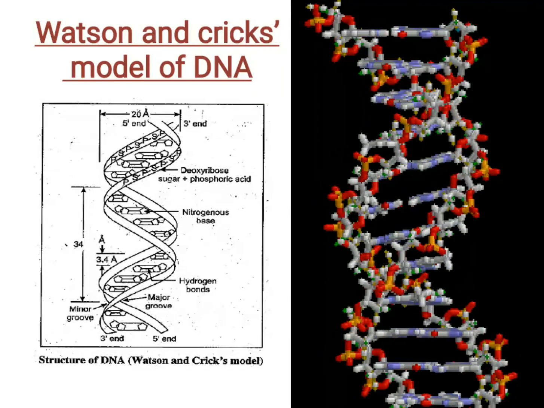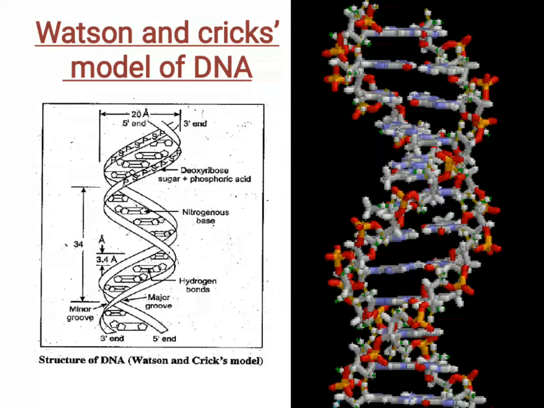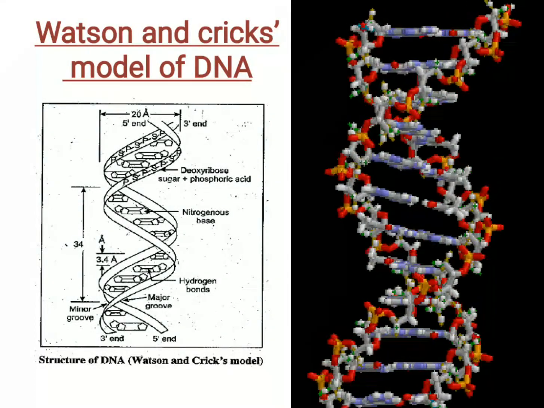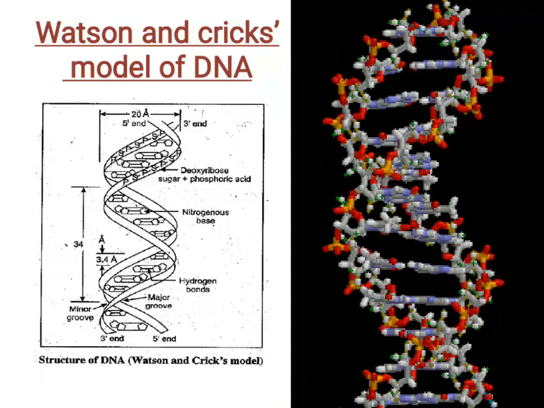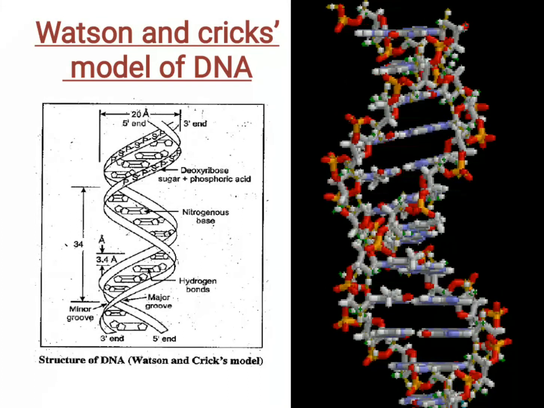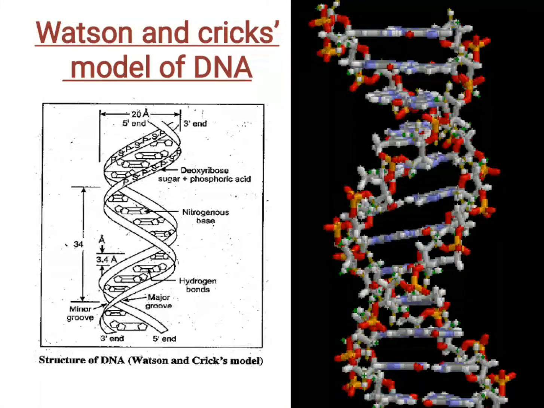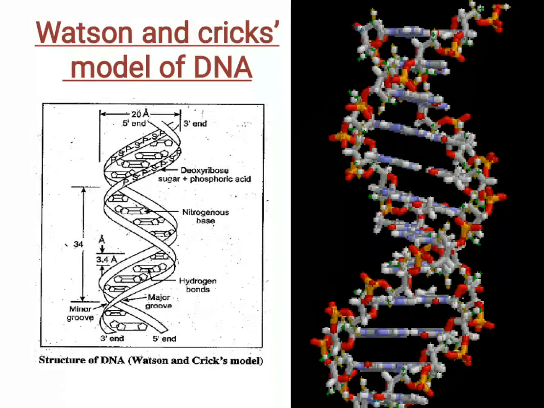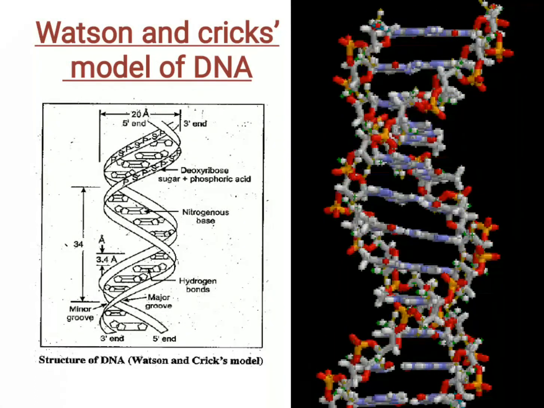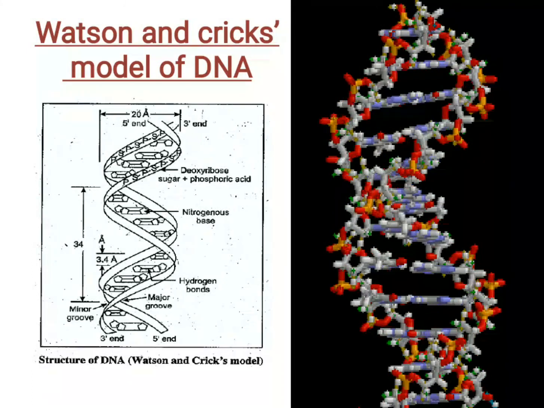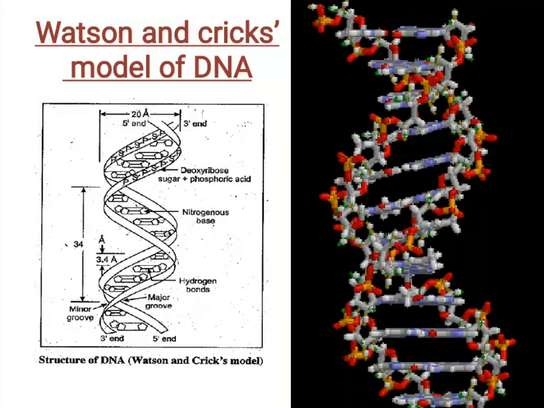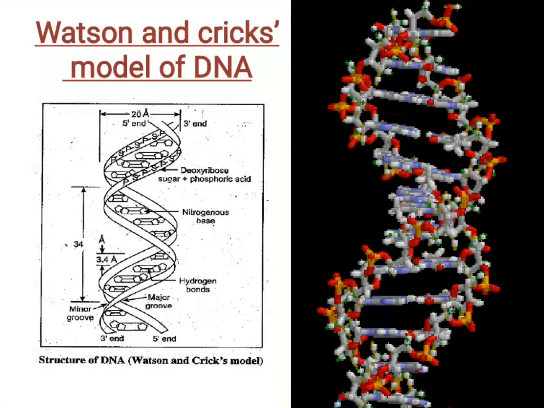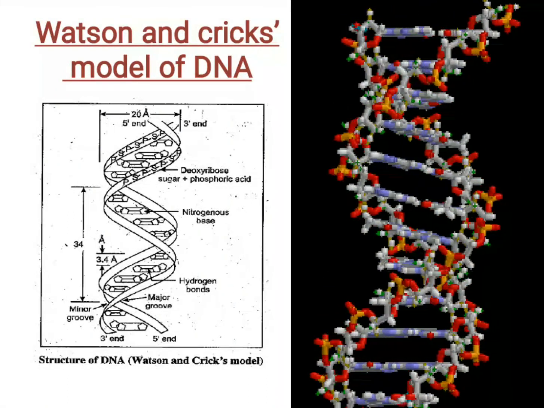Now, on the basis of this very clear-cut structure, which is now well proved, a lot of information was gathered which laid a foundation for further discoveries, and it was because of this that Francis Crick proposed the central dogma of molecular biology. That is, DNA forms RNA and RNA forms proteins. We shall be discussing this in the next lecture. So for today, that's all.